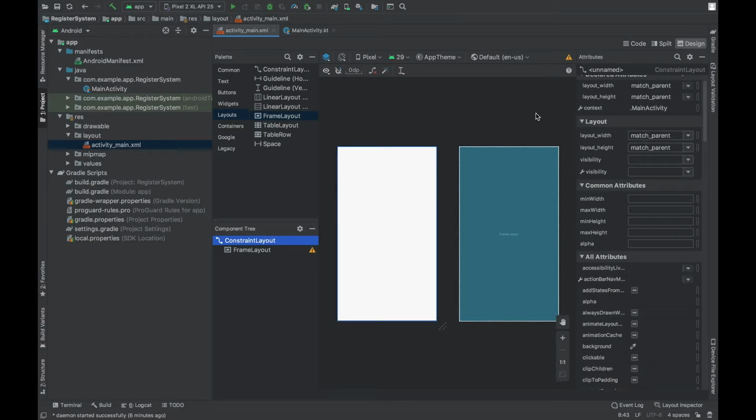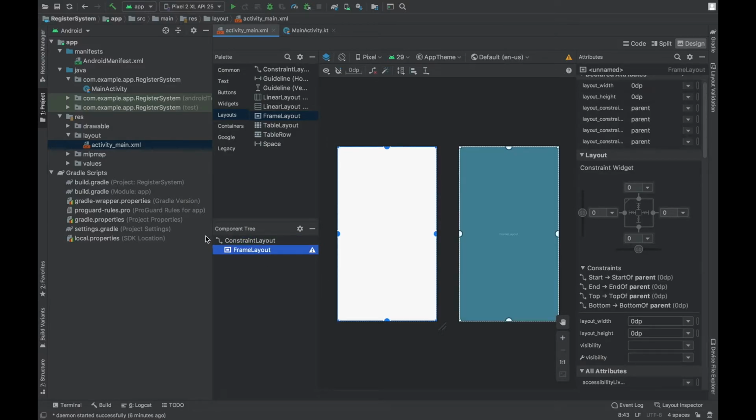That means its height and width will be set to the visible area of the mobile screen. And the same goes with frame layout. Frame layout is positioned in constraint layout, and as we set all the constraints to 0, that means there will be no distance between the boundaries of frame layout and the constraint layout, and it fills the entire screen.